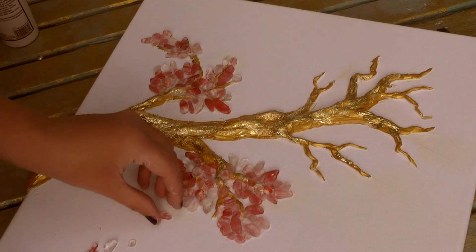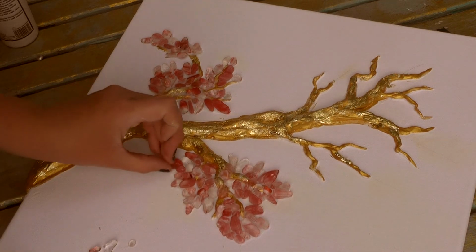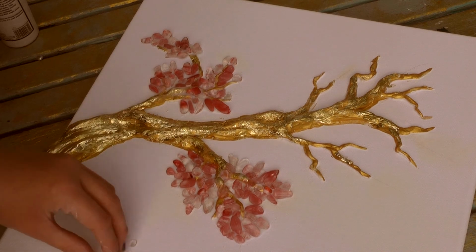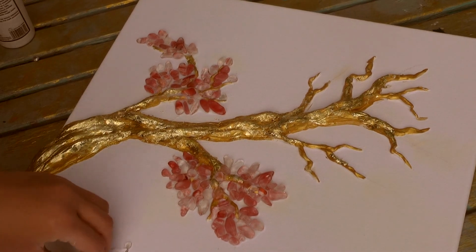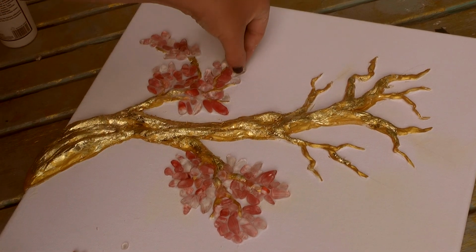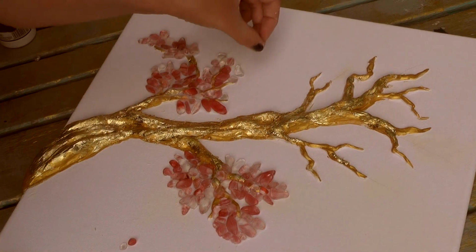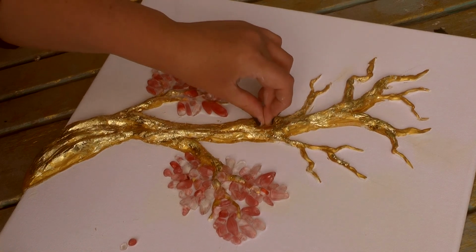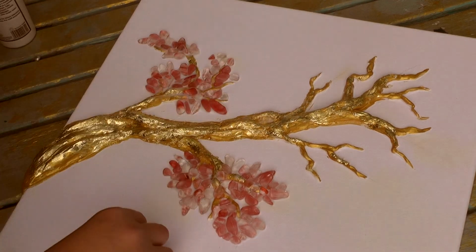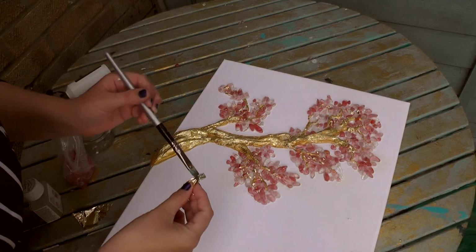So these are the clear ones you can see there. I'm just wondering where to put that one actually. Just stick these last few around the edges, and then that one I actually put in the middle of my tree. Okay,